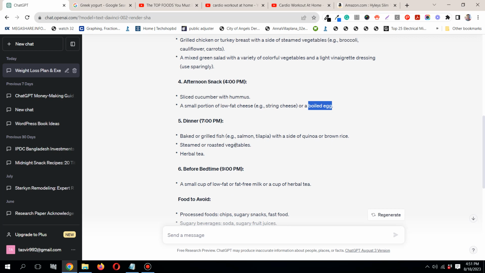Dinner consists of baked or grilled fish, for example salmon or tilapia, which is also a kind of fish. If these two fish are not available, just find something which is available in your region. It doesn't need to be strictly these fish. With a side of quinoa or brown rice. Simply Google search if you're confused about any of these, followed by steamed or roasted vegetables such as roasted carrots or any other,